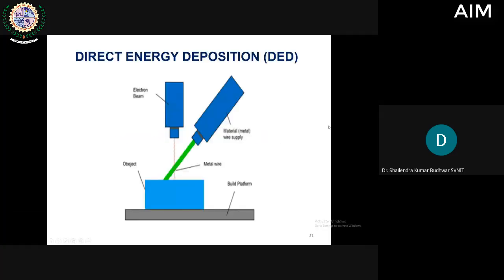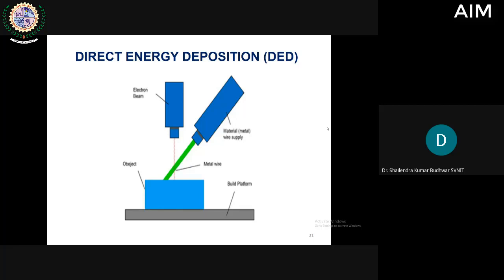And the last one is direct energy deposition, also called LENS, that is the laser engineered net shaping process. It is mainly used to repair or add additional material to existing parts. This machine consists of a nozzle mounted on a multi-axis machine which deposits melted material onto the specified surface where it solidifies. This process is similar in principle to material extrusion, but the nozzle can move in multiple directions. It is not fixed to a specific axis.